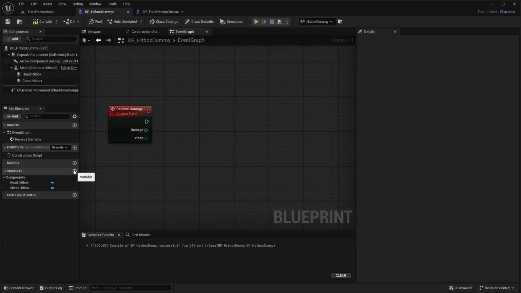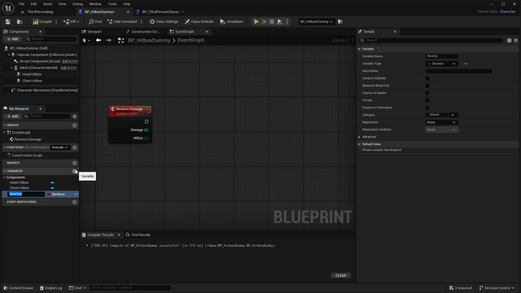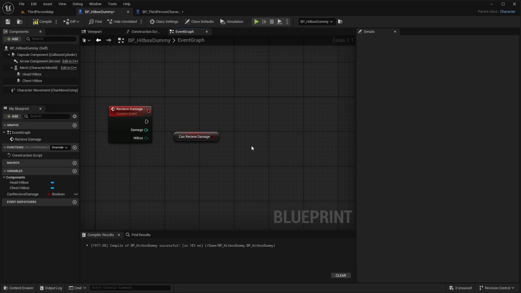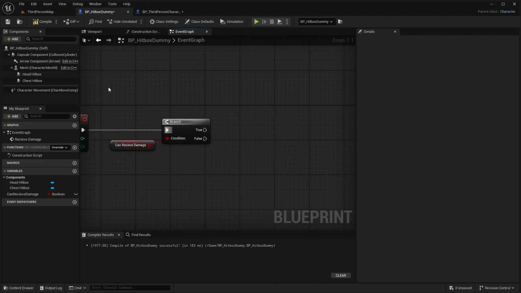After the variable here, we're going to create a new one, make it a Boolean, and name it can receive damage. Drag that in here. By default, compile and save to access it. Check is true. This is just so when the character dies, it saves some code, as in, if you shoot a body, it's not going to receive damage. So go ahead and check this in with a branch, pin that up,